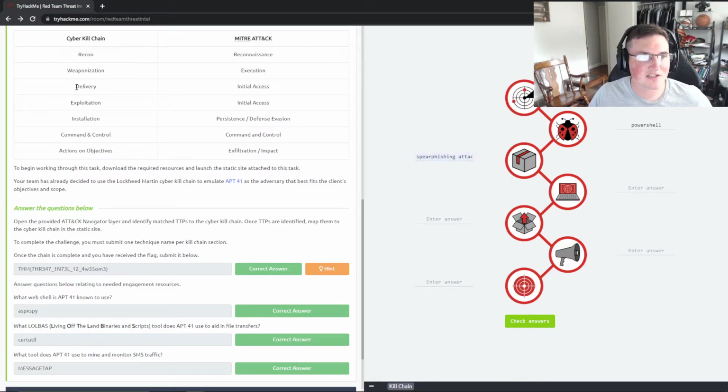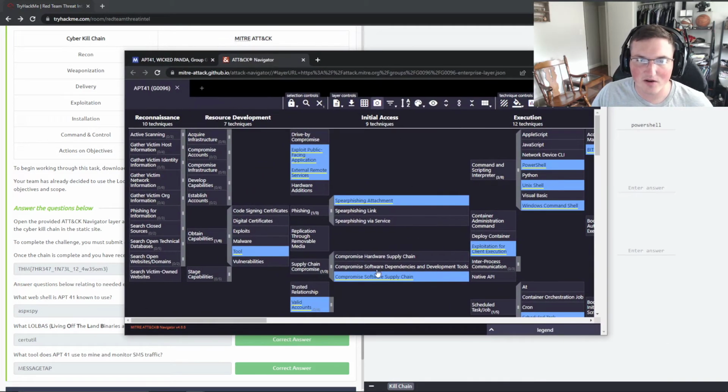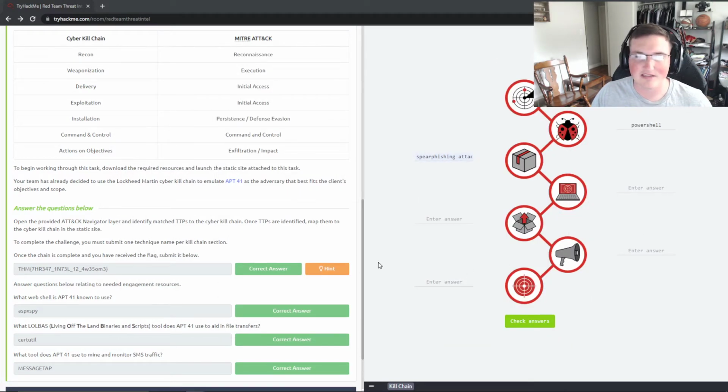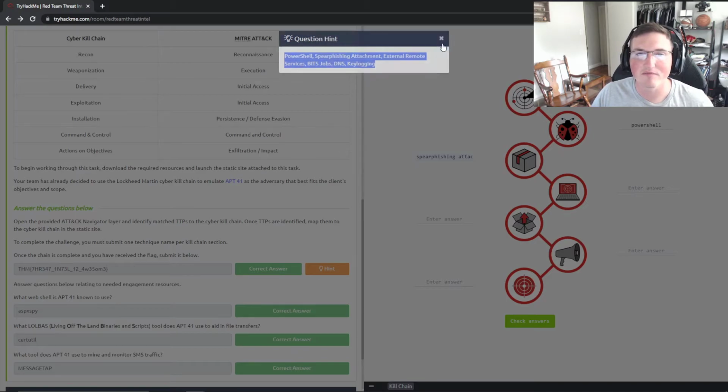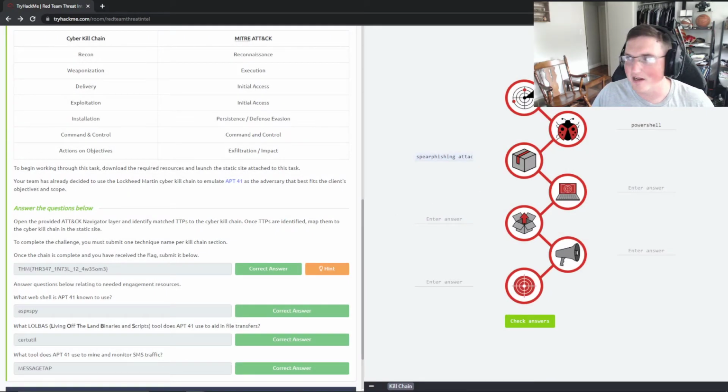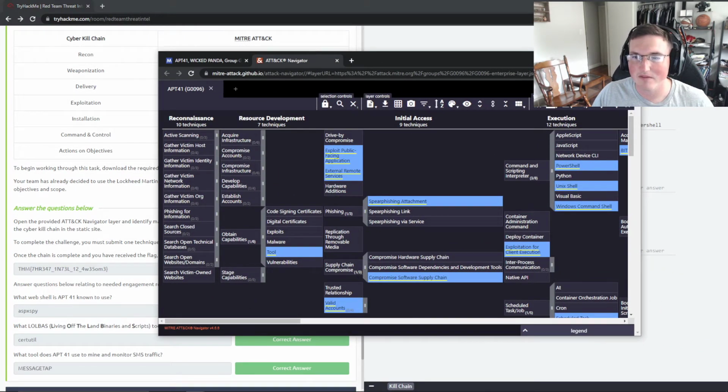Now, the next one is delivery. So we have it weaponized. We have it sitting there. Now, how are we going to deliver it? Let's go ahead and look here and see how we can deliver this. One thing I'll tell you is that it will save you a lot of time to look at this hint. Or actually, no, they don't have them arranged differently. They have them literally in order. I didn't realize that. Okay, well, there you go. That's embarrassing.